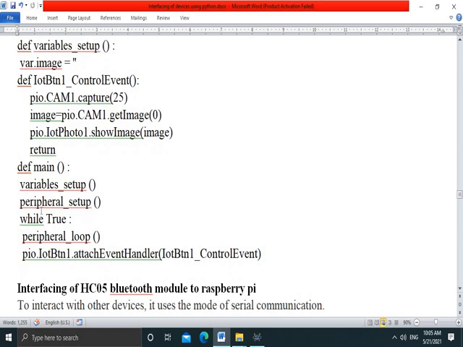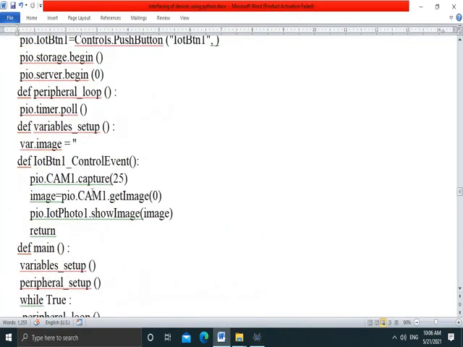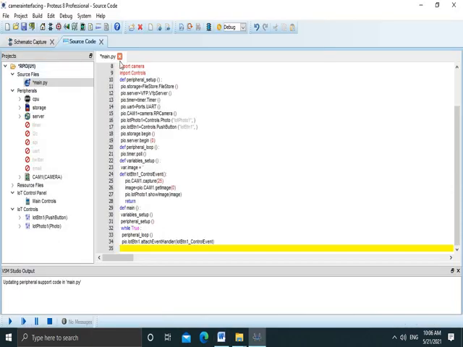In main, we are calling various functions that we have written above, and then if the event occurred, then we fetch the event. See, write this code, source code main.py. After that, save it,